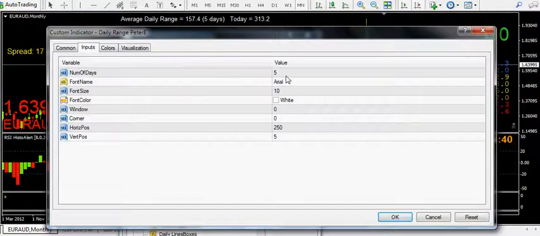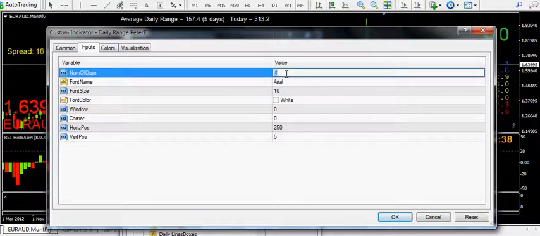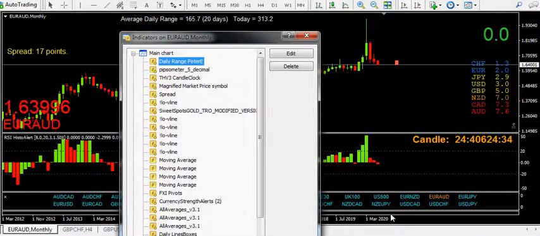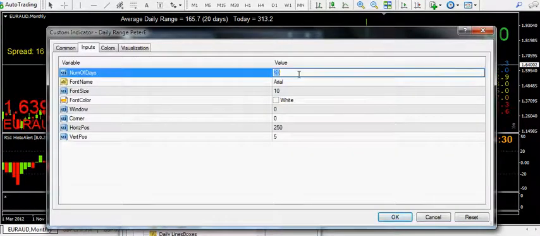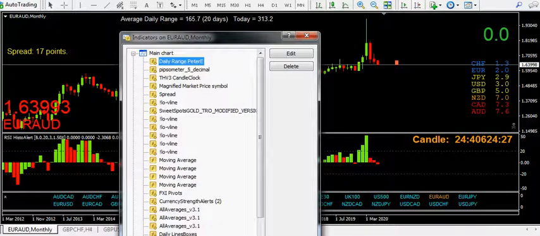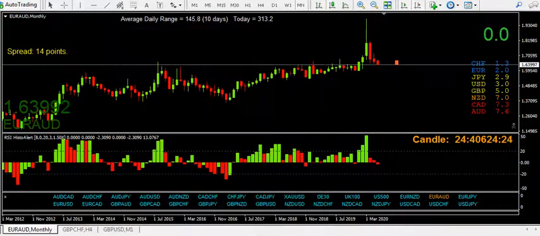So let's put it on the 20, just to see. 165, not far off, and then I'll do the 10. 145, yeah, so there's no mistakes on that huge move. So